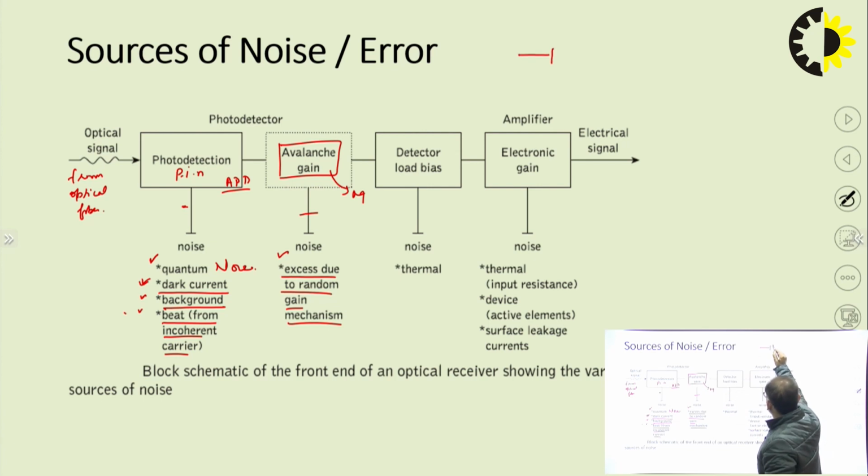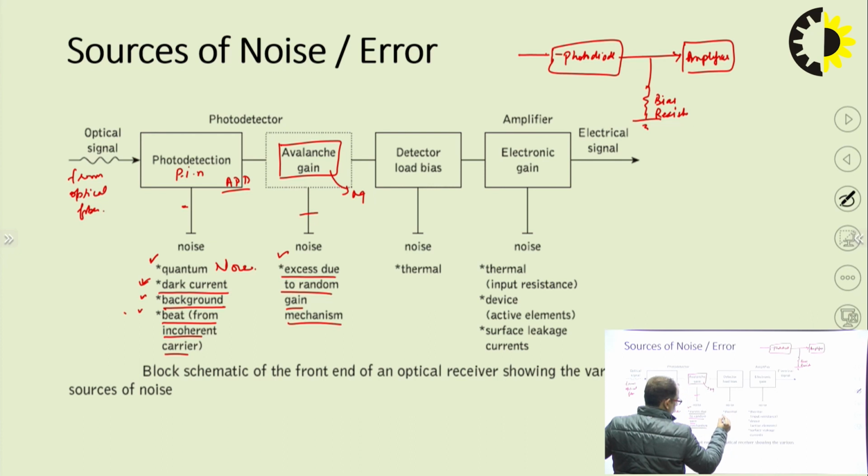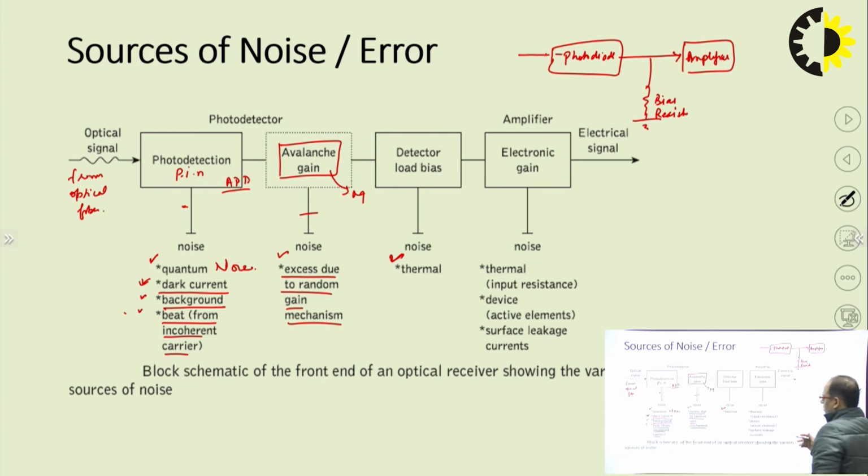Now after the photodiode, this is a photodiode and it is connected to the amplifier, but there is also a biasing resistor applied when we are providing the bias to the photodiode. Clear? So this one is the detector load bias, and this detector load bias provides thermal noise. Clear? After this, the amplifier occurs, and the amplifier also provides